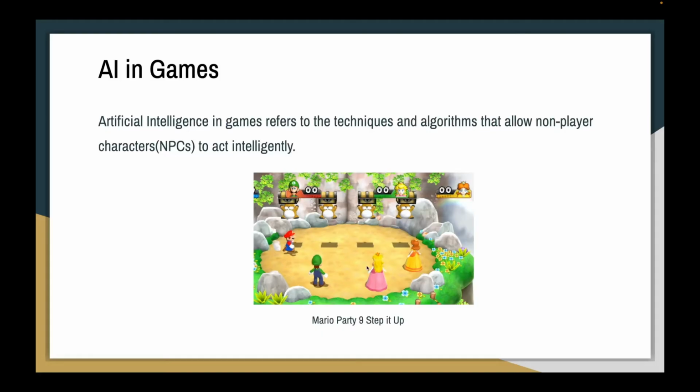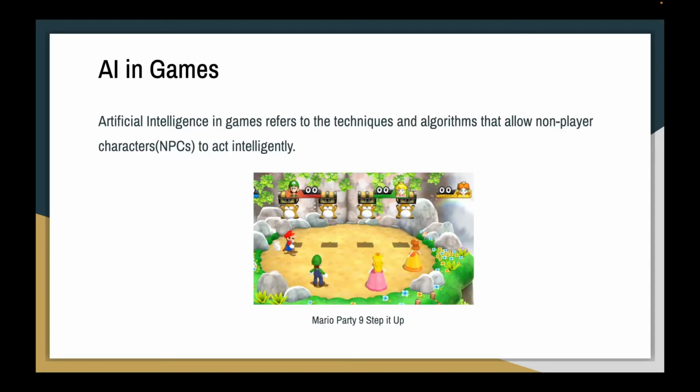So now imagine giving video game characters a brain. That means they can think and act on their own. For instance, in a racing game, AI enables other cars to race against you, making the experience interactive and thrilling. The AI reacts to your actions, so it enhances the gameplay and keeps you engaged. It creates a dynamic environment where every decision matters.